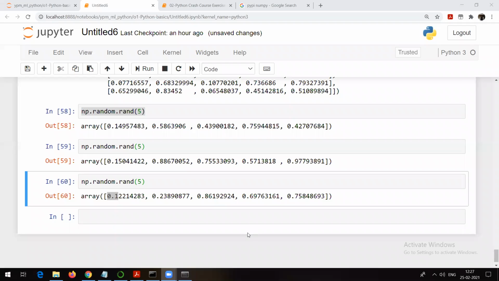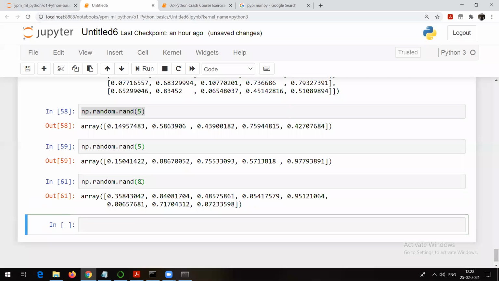Okay, so all of them are saying they are getting it. Right? So now Shivam, what is your question? Why 8? You are asking. Why numbers count 8? Where is the count 8? Numbers count is 5. This is first number 1. This is second number 2. This is third number 3. This is 4. And this is 5. Numbers count is 5. If you want 8 numbers, you can have 8 numbers also.